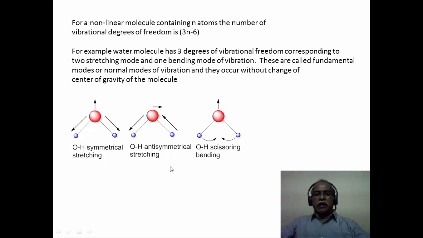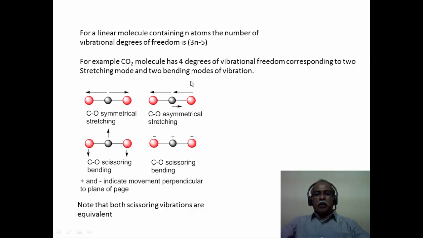So you have the 3 degrees of vibrational freedom that are represented by 3 normal modes of vibration in a water molecule. On the other hand, if you consider a linear molecule, the linear molecule will have a vibrational degree of freedom of 3n minus 5. For example, CO2 has 4 degrees of vibrational freedom corresponding to 2 stretching modes and 2 bending modes, which are